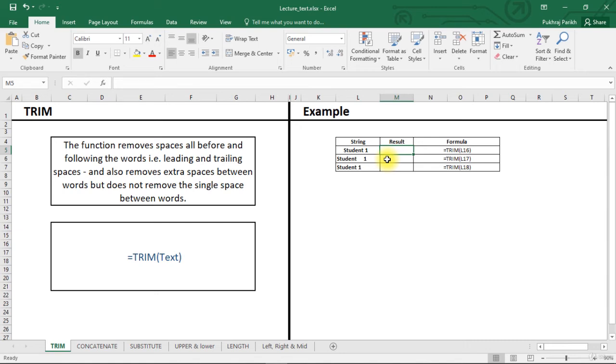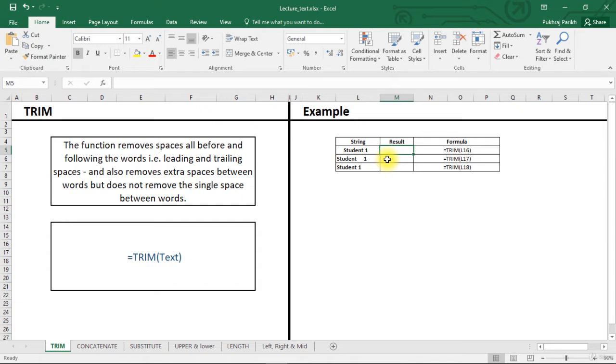Hello everyone. In this lecture, we will cover some of the most important textual functions. Textual functions are used to perform operations on the text type of data. For example, if we need to remove any particular word from a group of words, or if we need to extract first 5 or last 5 characters of any word, for such operations we need to use textual functions.